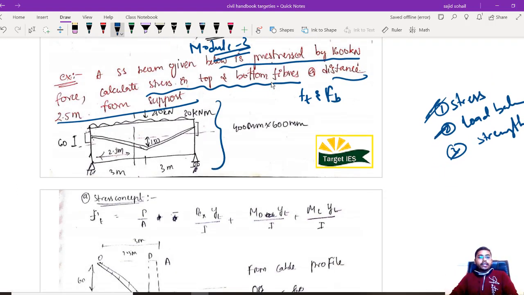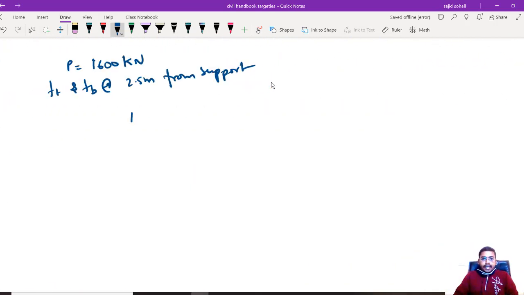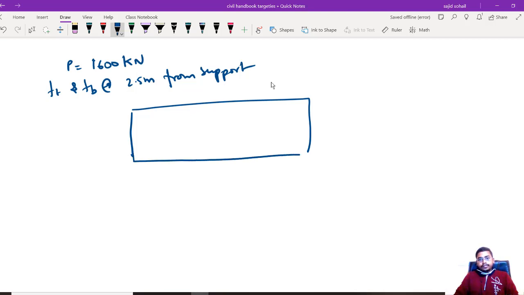This is the basic question, and the diagram is given something like this. Let us copy paste this diagram. Remember, the eccentricity is 60 here, and here it is 150, and the loading are a 250 kilonewton point load and a 330 kilonewton per meter UDL. Dimensions are 400 into 600. Well and good. So let us replicate that diagram. The diagram is something like this.